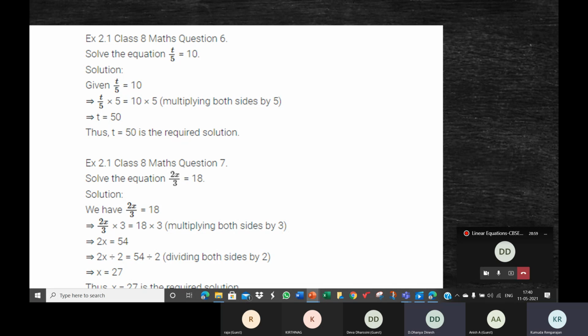The variable t is on the left hand side, but t is not alone. t comes with 5 there and they are in division. So the opposite effect is multiplication. So you multiply both the sides by 5. We are only concerned about the side where the variable is. Now you should not have this doubt.